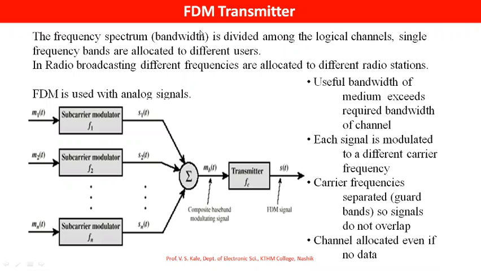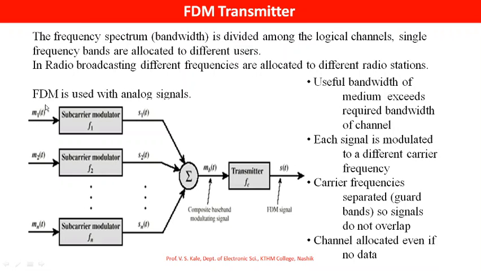Let us see the FDM transmitter block diagram. Here in FDM, the frequency spectrum, that is bandwidth, is divided among the logical channels. Single frequency bands are allocated to different users. In radio broadcasting, different frequencies are allocated to different radio stations. In a block diagram,